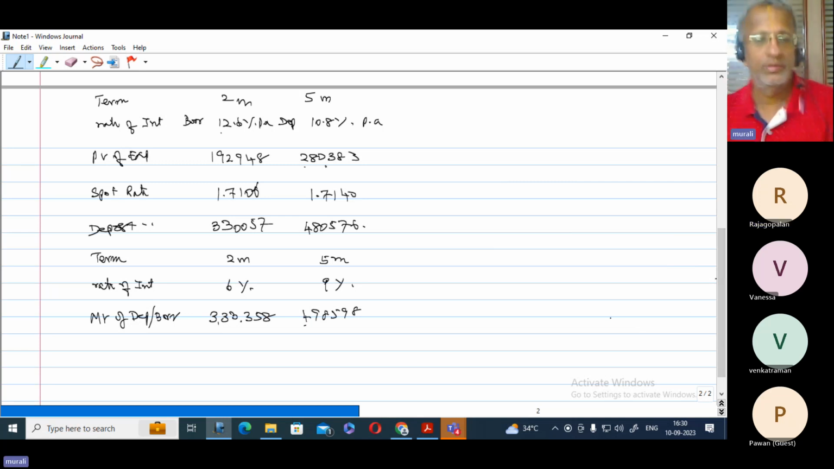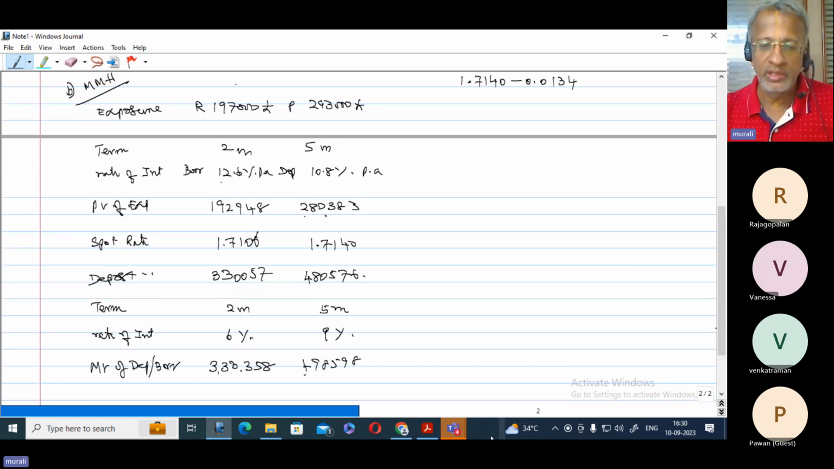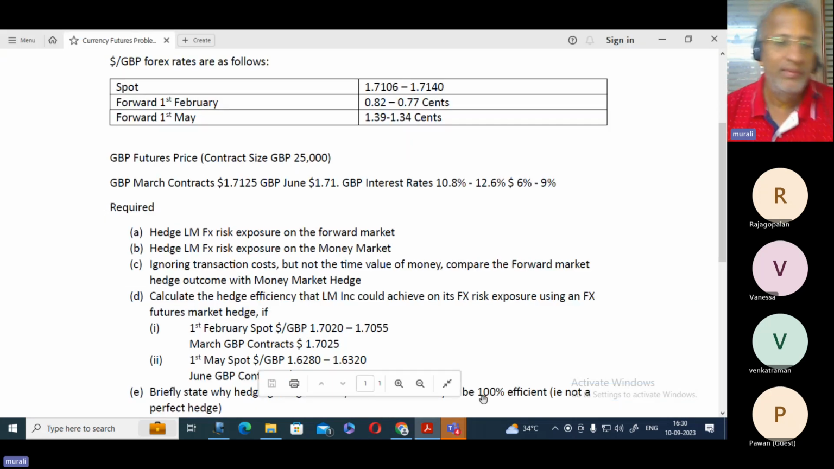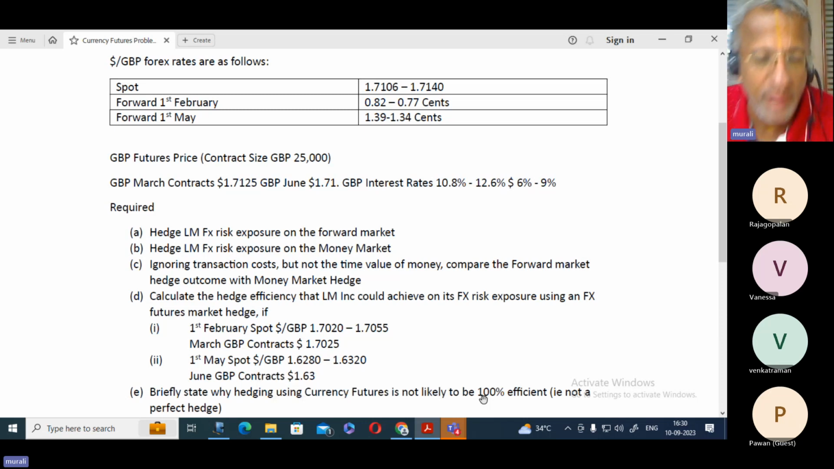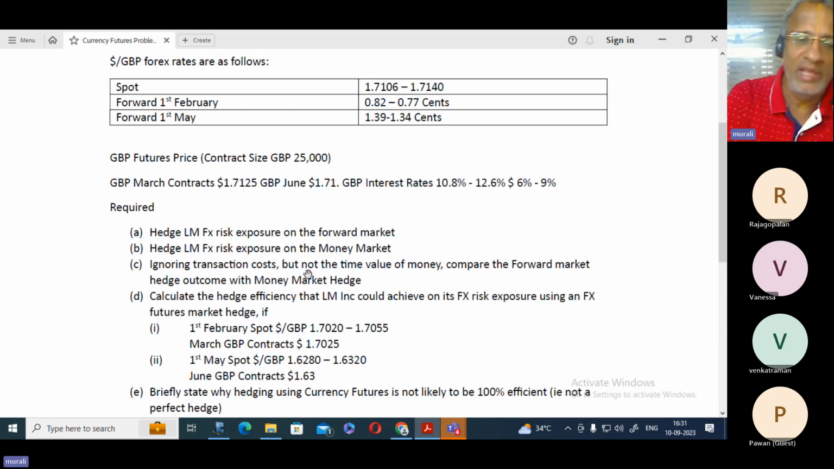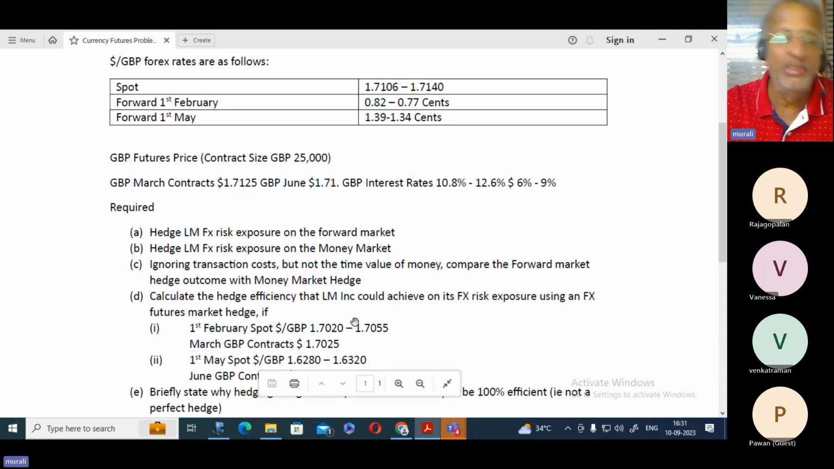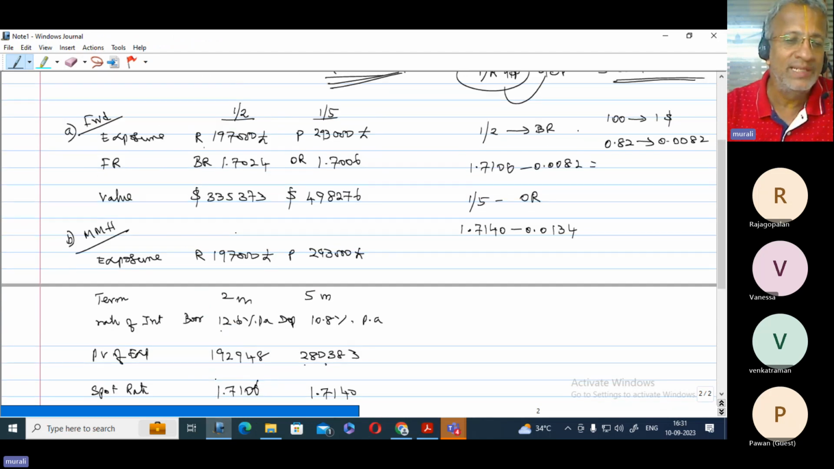Right. See, now look into the question as it is communicated. Hedge LM's forex risk exposure on the forward market and on the money market. Next, ignoring transaction cost but not the time value of money, compare forward hedge outcome and money market hedging. They are asking us not to ignore the time value of money, that is, to consider it. So between the two, we are expected to select the one